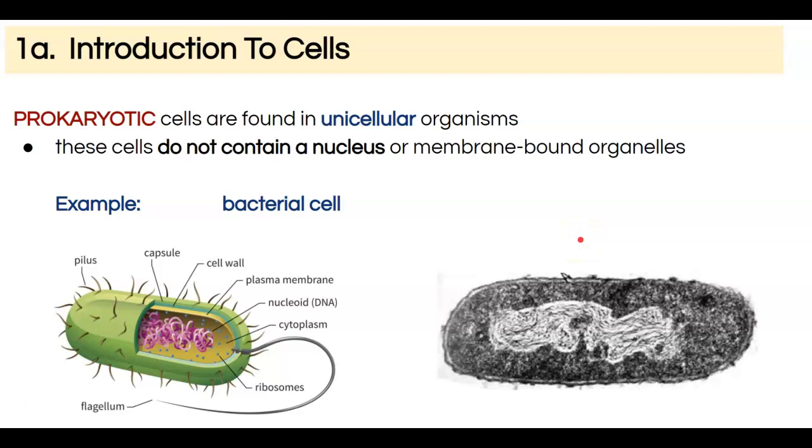So here's a micrograph, and you can tell that this is a prokaryotic cell. Here's our nucleoid region. Here we have the rest of the cell, but there's no defined organelles going on in here. Okay, and so